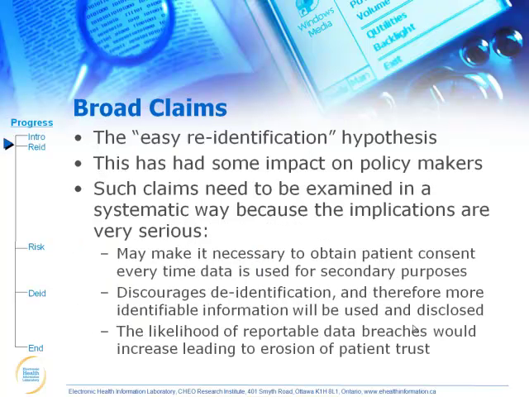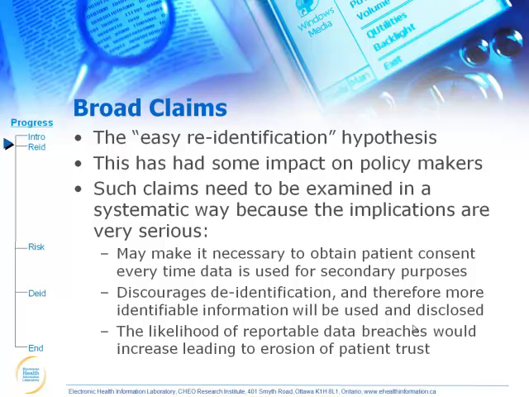Okay. So I'll start then with the broad claims that have been made, which is essentially around the science of de-identification. An article was published a few years ago talking about the easy re-identification result, or easy re-identification hypothesis, basically claiming that it's very easy to re-identify data sets, and therefore you essentially shouldn't bother de-identifying data. And of course, that's a very alarming statement. This was an analysis done by a lawyer, and it received a lot of attention within the legal community.